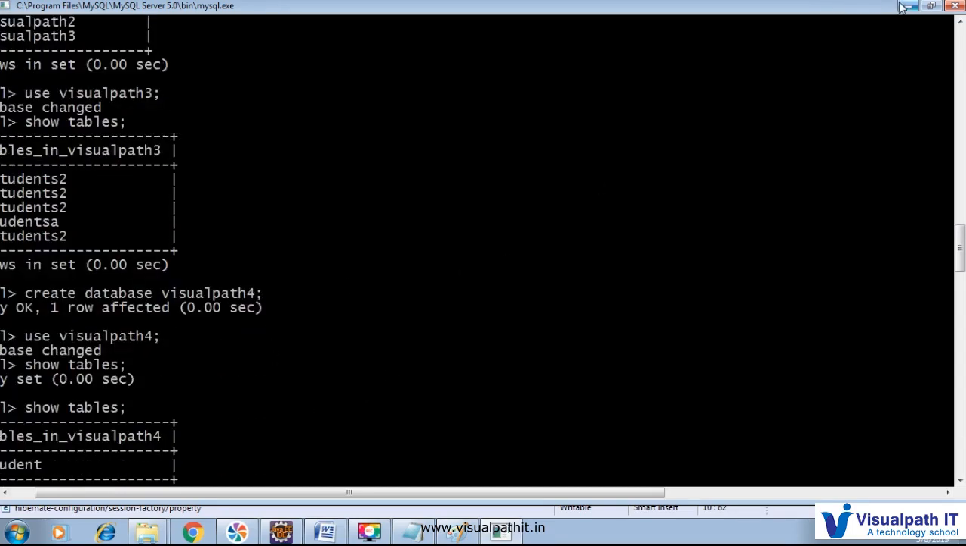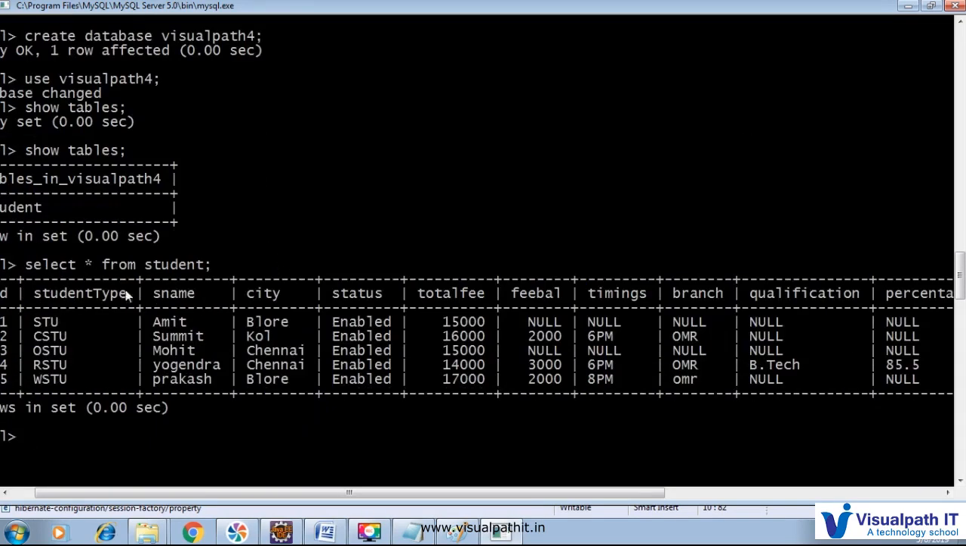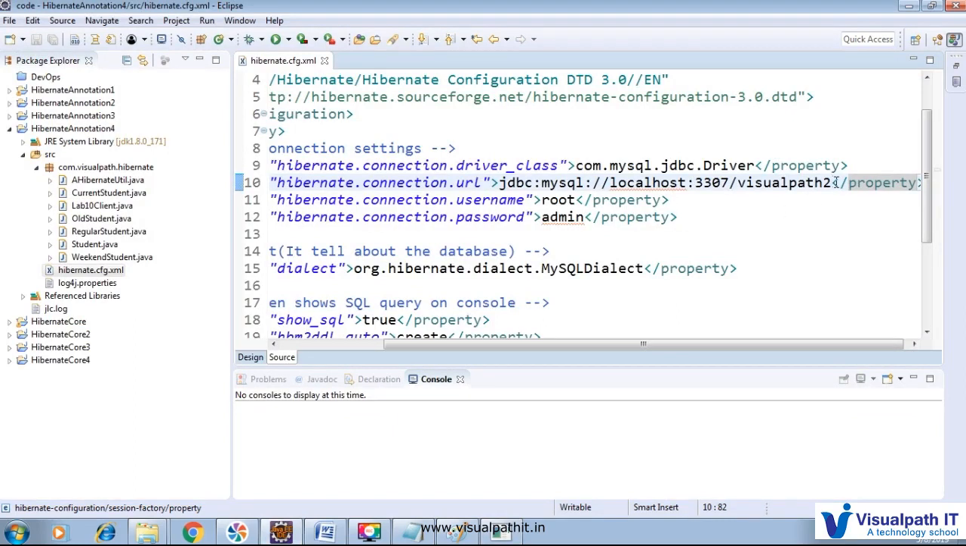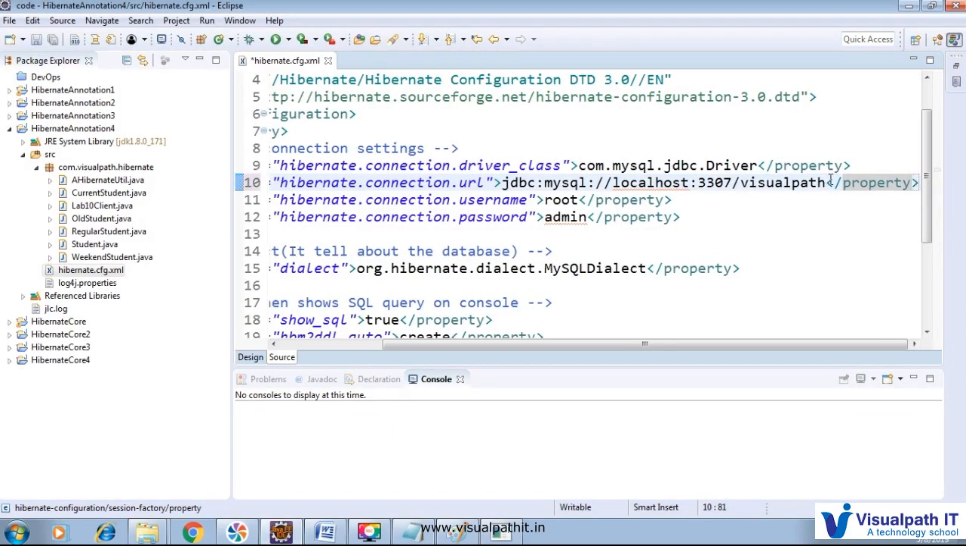Visual path 4. So all the student tables are already there. Okay, we will create some new tables. So student 4 will utilize the same database, only the table we will change. After that, the username is there. Through that, when you will